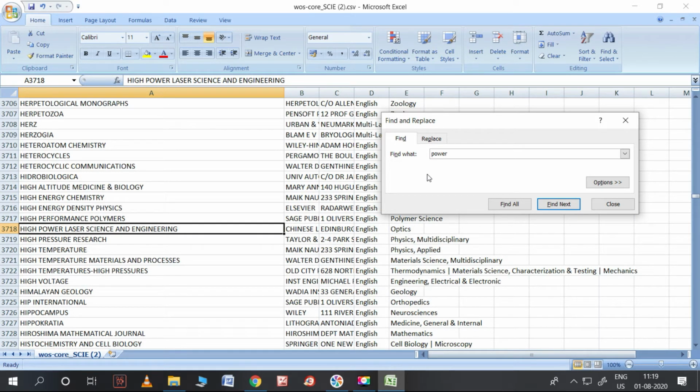So these are the different types of journals from SCI or SCIE with the name power in it. In this way you can set different types of journals with your keywords. So that's how you can identify the complete list of SCI and SCIE journals in this Excel sheet. So in this way you can go ahead.